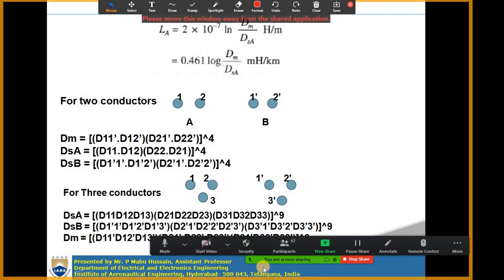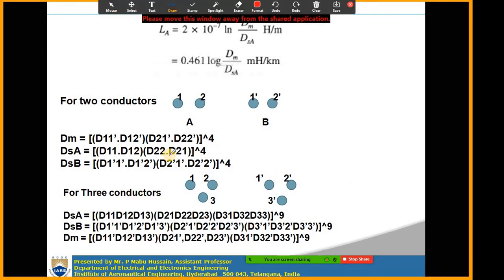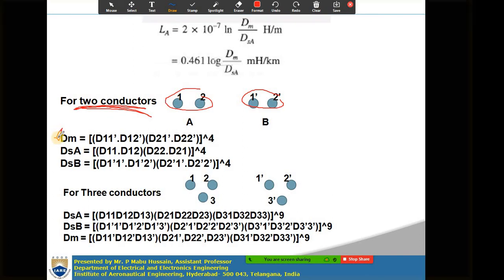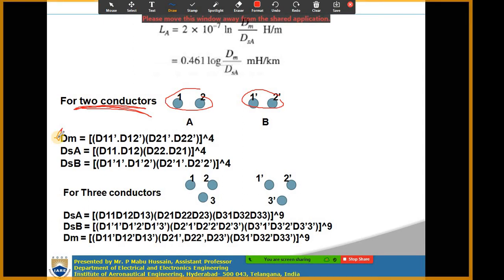Okay. Right. So, now to understand clearly, instead of taking n number of conductors, I am taking only 2 conductors. Okay. So, let us take composite conductor A having 2 conductors, and conductor B also having 2 conductors only. So, in such a case, how can you write the mutual GMD? The mutual GMD is nothing but the mutual products considering each filament in conductor A and all the filaments in conductor B.